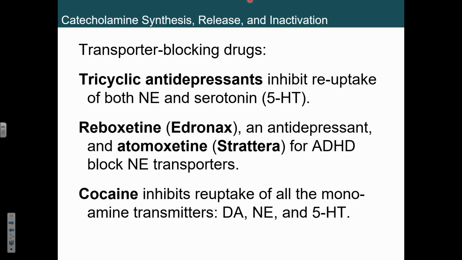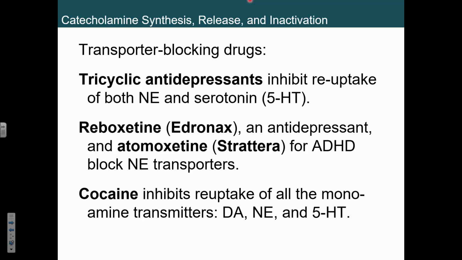So that's actually a really great question, and I'll tell you what, it's hard to do. There's a technique called fast cyclic voltammetry, right? What you basically have to do is measure real-time release of a neurotransmitter. You've got to stick a super small probe into a small section of the brain, so you're not even going to be able to do the whole brain. You're going to have to drill a hole in somebody's skull. So we're already hitting these thresholds.